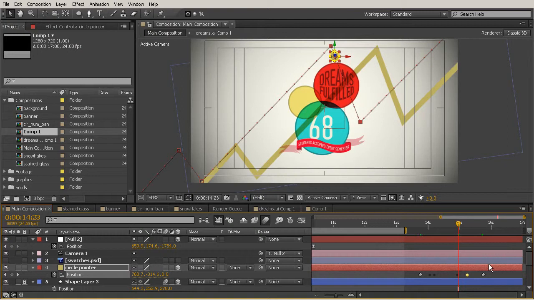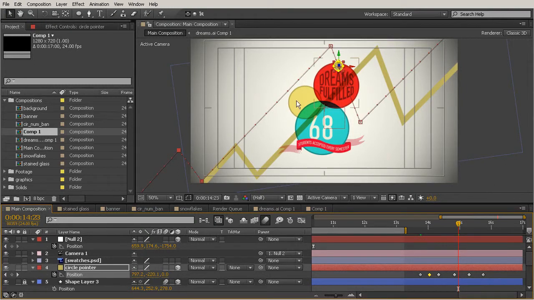So what I'm going to do is take these out of their roving keyframe mode. And all you have to do is select one of those keys and move it a little bit forward in time. And you see that those snap back to linear keyframes. And it's okay that we're snapping these back to linear keyframes because I'm going to use them as the position data for whenever I want this circle to match up with the speed of the graph revealing. So I'll show you how to do that in a moment. But first we need to